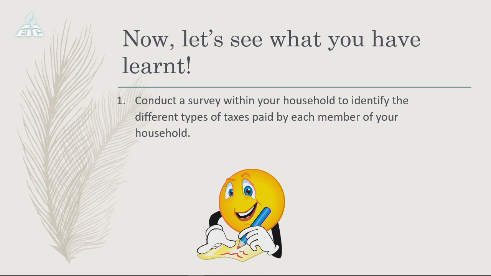And remember, you're a part of your household, so you are supposed to be a part of it. So you list yours first. Good? So the taxes that you pay as an individual, and the tax that your mother pays, your father, whomever you live with, your mother, your father, your auntie, your grandmother, your uncle, whomever. Good? So you make a list of those taxes and put them in different categories. Good? That's one thing that I want for you to do. And then the other thing that I want for you to do is to state how each member of your household benefits from these taxes.